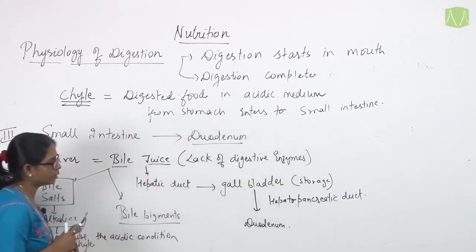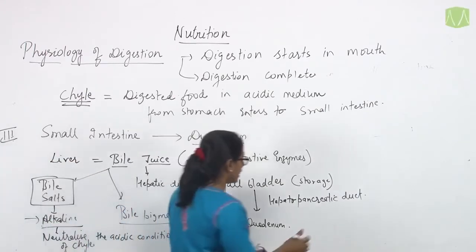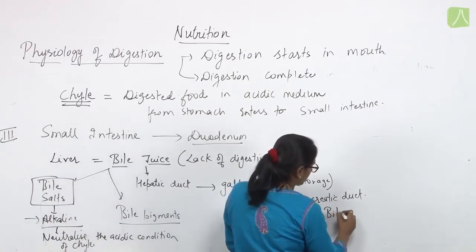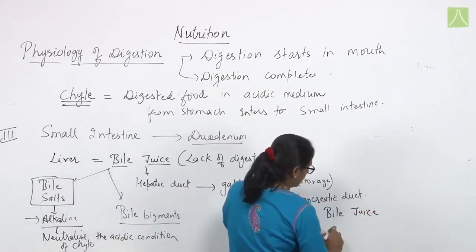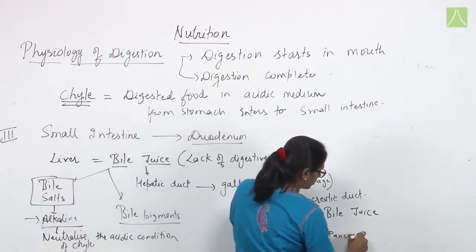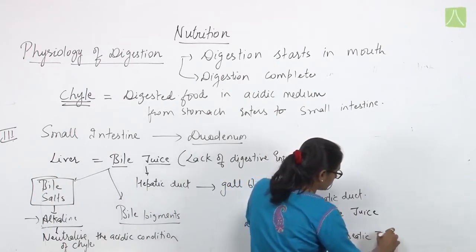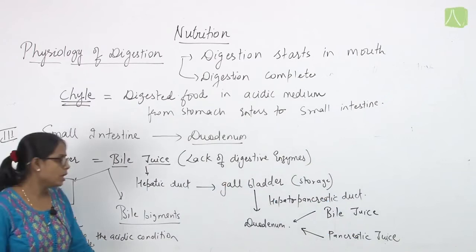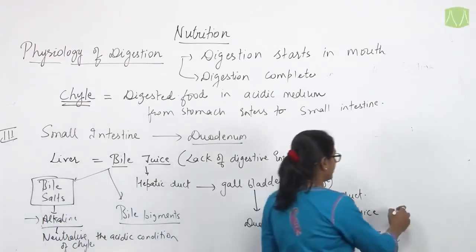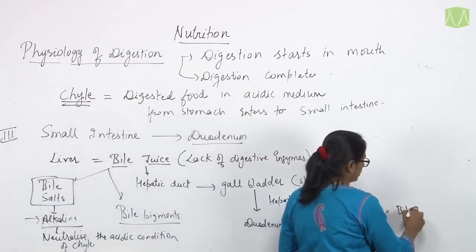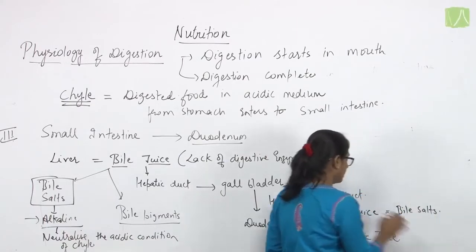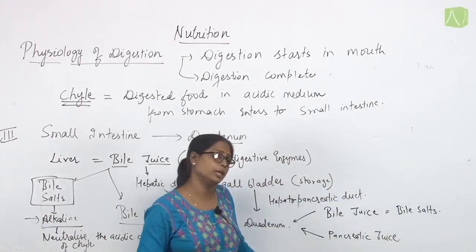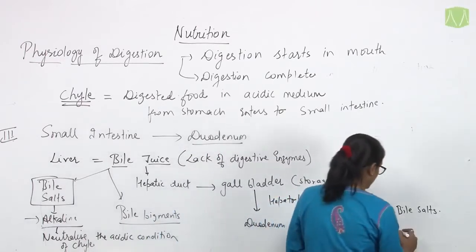Now what happens at the duodenum? Both types of juices are secreted, that is bile juice and pancreatic juice. Fine. Bile and pancreatic juices will be secreted. Now this bile juice, which has the bile salts, helps in the digestion, and pancreatic juice also contains various types of enzymes,